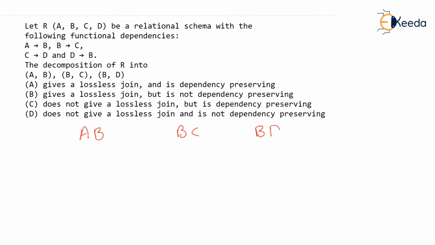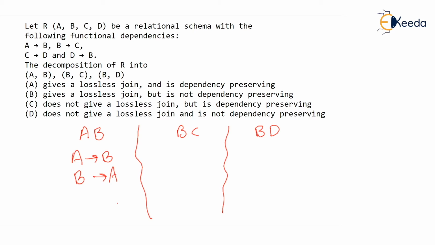And write all the possible dependencies. First of all, I'm not saying that they are true. What are the non-trivial dependencies that can be there? A determines B and B determines A. I hope you have seen the earlier videos. Only then you will understand what I am talking about. I am not writing trivial dependencies like A determines A, B determines B, and so on. Only these two non-trivial dependencies are possible.